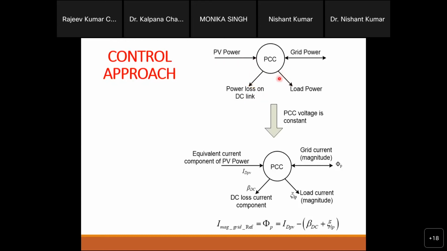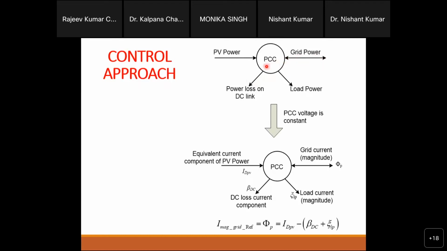But after that, this way we will calculate, after fulfilling the load demands, whether we have enough power or this power is less for that. If you see some extra power, then that power will go into the grid, or if this power is not sufficient for the load, then at that time power will come from the grid. So that's why the arrow is bidirectional in nature, and this shows that the grid is going to behave here as a sink and source, and this is on the PCC, right?